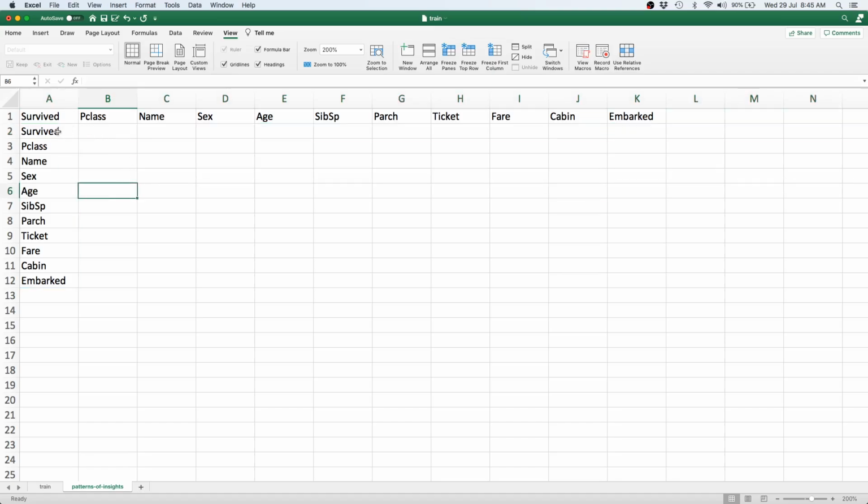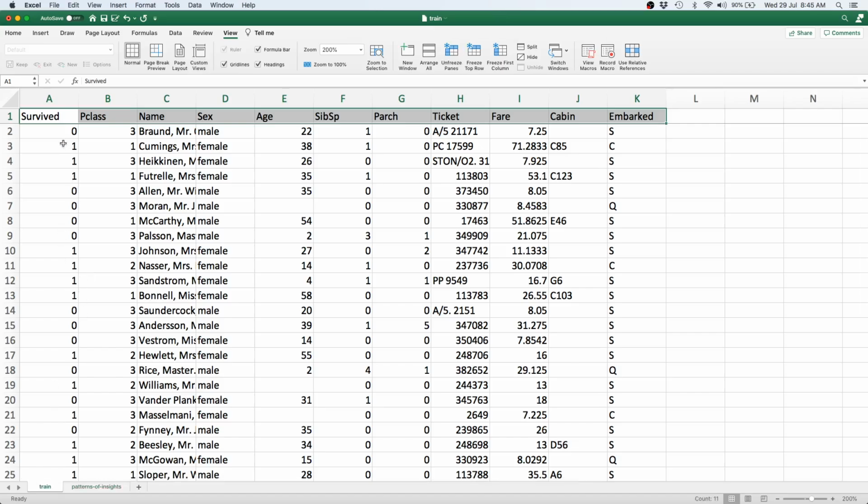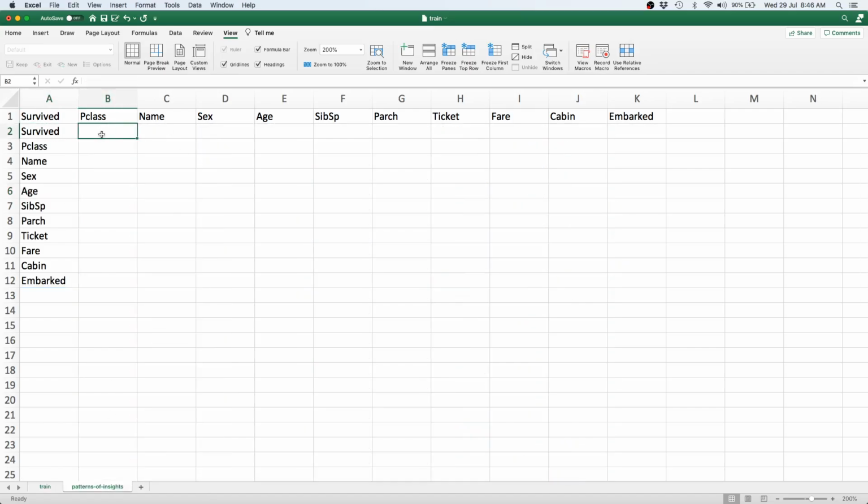There we are. So we have the name of the column, and let's also add what each column means. So if we look at the column survived, we see that it's basically a column which has values in 0 and 1. And if you go back to the page from where you downloaded this data, you'll see that these are basically binary indicators of whether a particular passenger survived or not. So essentially, a 1 means that a particular passenger survived. This particular person, Mrs. Jack Heath Futrell, she survived, but Mr. William Henry Allen did not survive. So let's try and add that information here.